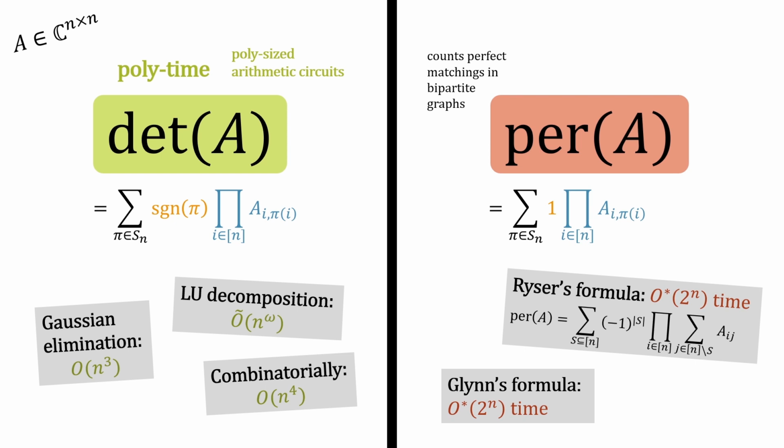Such super polynomial running times are to be expected, however, because a classical result by Valiant establishes the permanent to be hard for #P, which is the equivalent of NP in counting complexity, and hard for VNP, which is the equivalent of NP in algebraic complexity. A 2 to the omega n lower bound also follows under the exponential time hypothesis. So conditional lower bounds from complexity theory suggest that the permanent really is harder than the determinant.